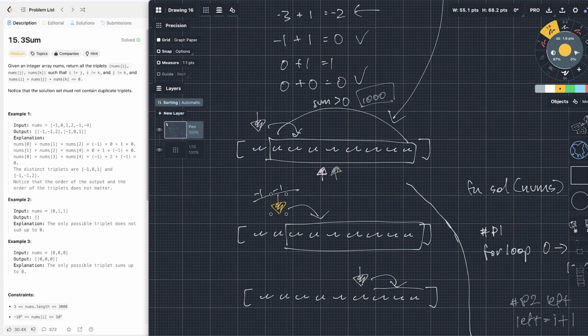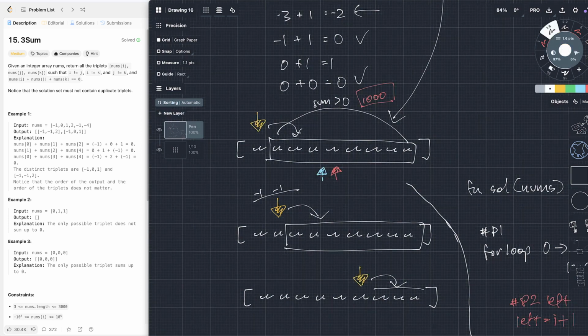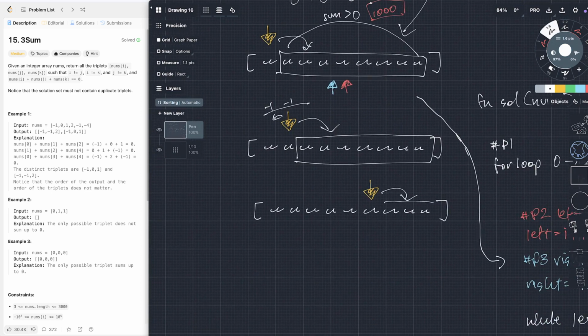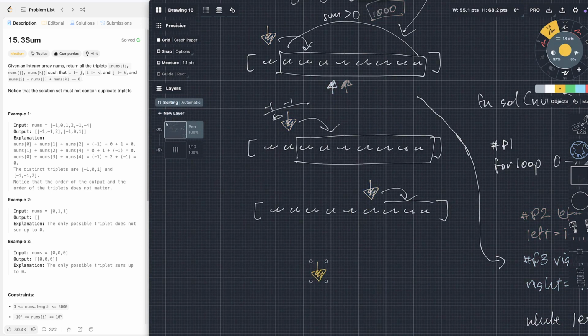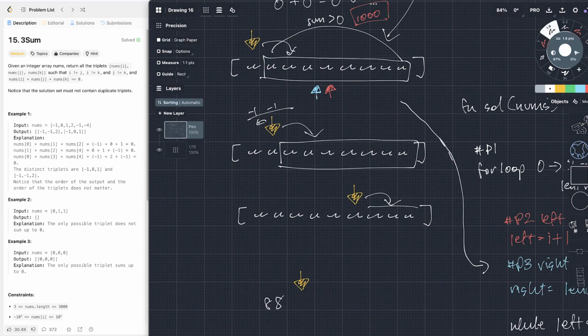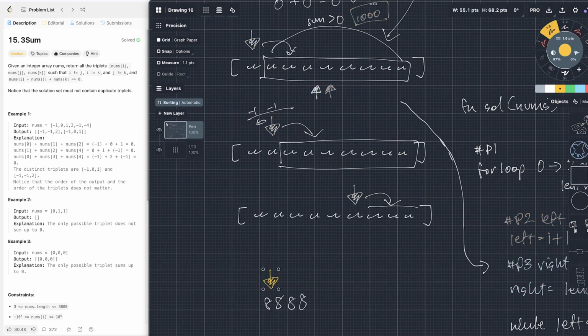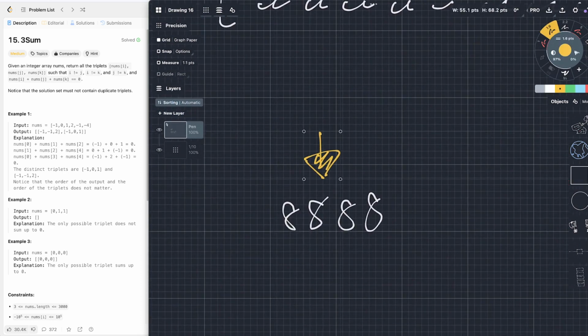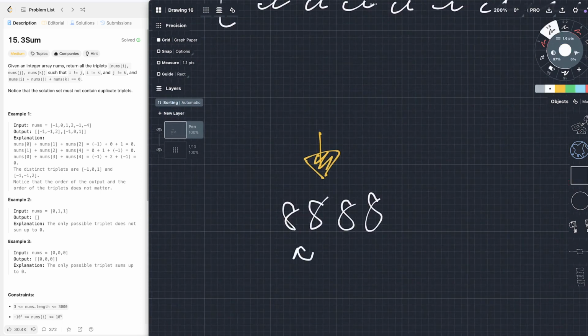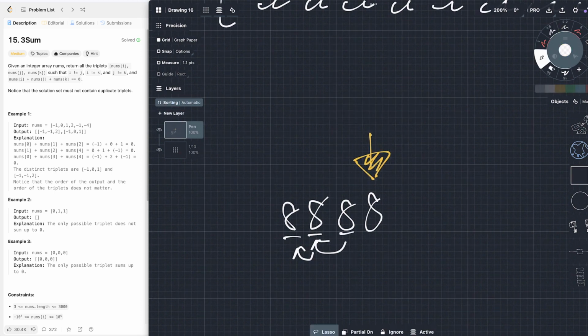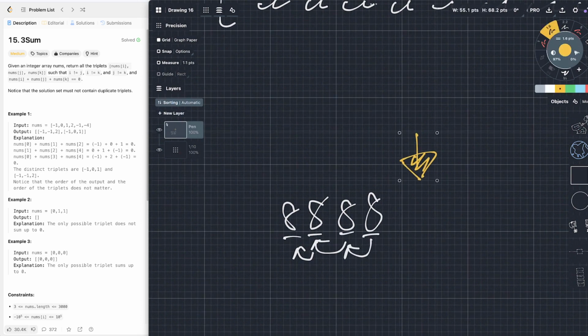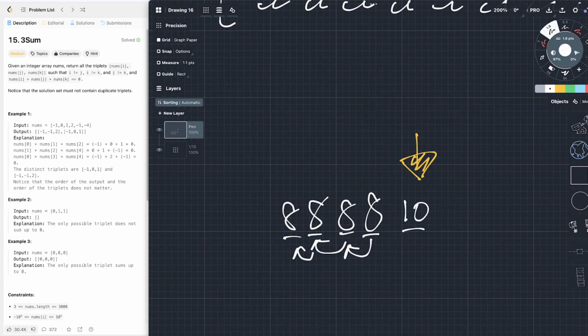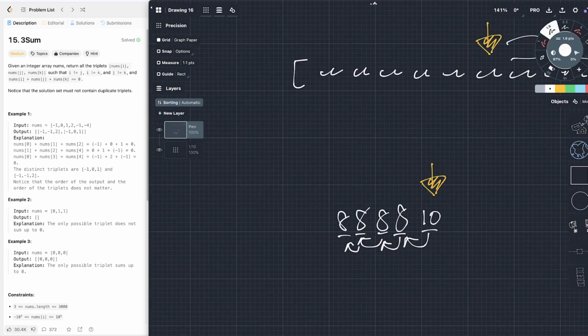At any point, it can look to the previous position and check if that value is the same. So if you have a gold arrow here, pointer number 1, and let's say this is 8, 8, 8, 8. You start at the 8, and you iterate 1. You look behind yourself and check, is this a match with this? If it is, you move. You move on to a 10, let's say. Is this matching this? It's not? Then we can do our iteration. So maybe in this for loop,